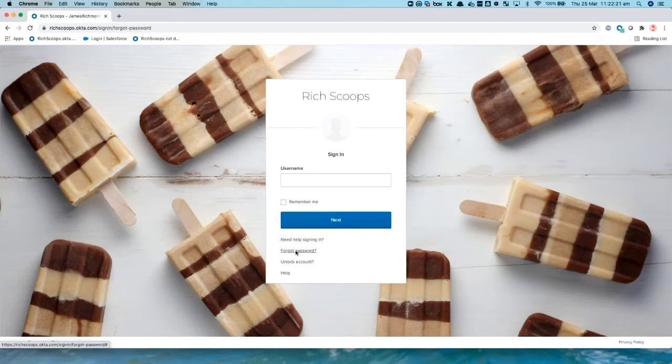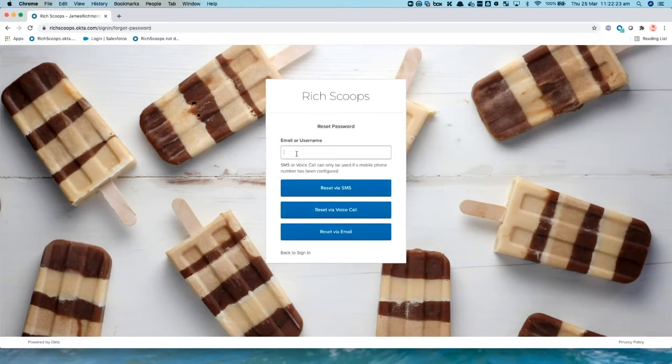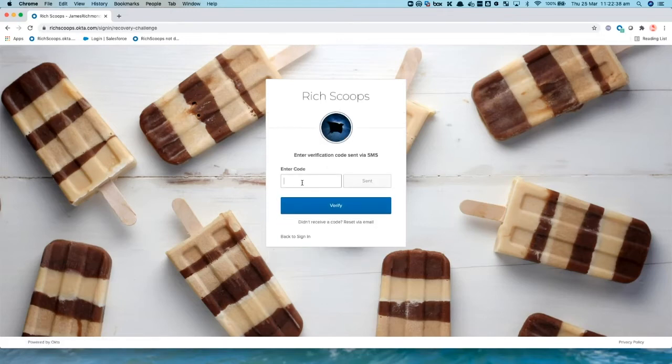So how do we aim to resolve this problem for Justin Chin without him having to contact a service desk or open a ticket? Well, Justin Chin can very easily do a self-service password reset. He can do this via SMS, via a voice call, or via email. In this case, I'm simply going to go down the SMS route, and in the background on my mobile device,